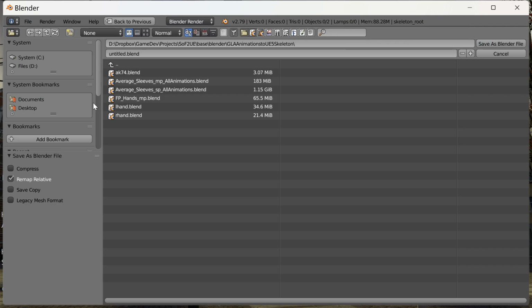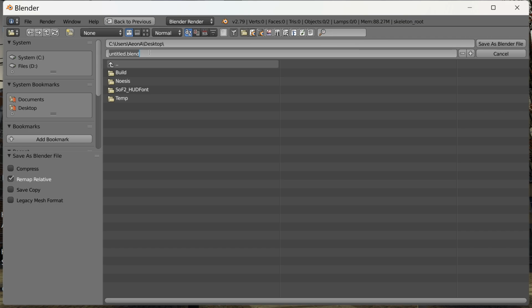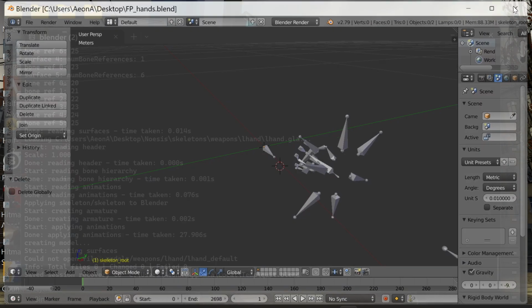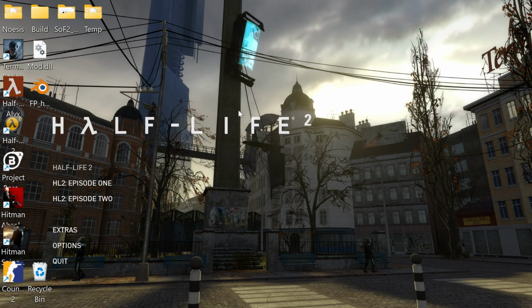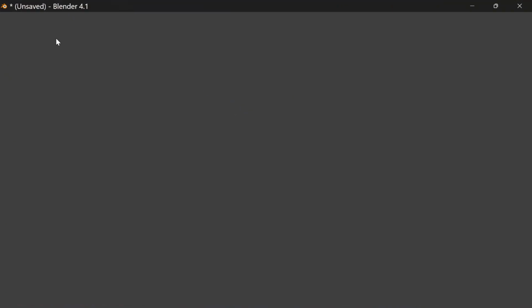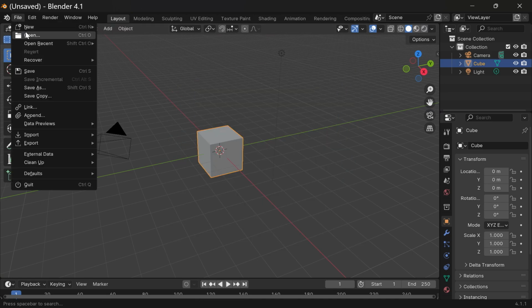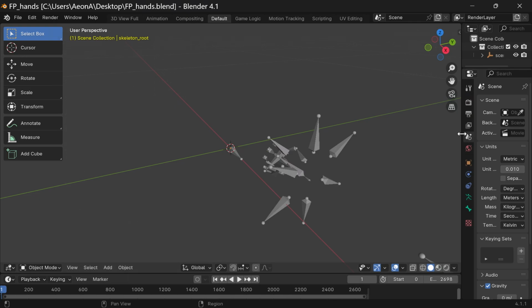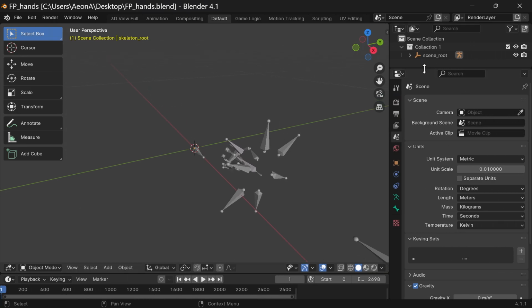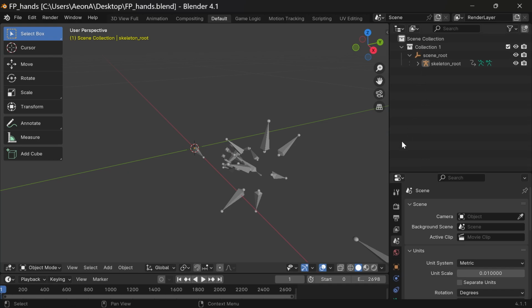So what I then do is save as. I'll just put this on my desktop, and I'll call it fp_hands.blend, and I'll save that, and then I close that version of Blender and open the latest version, because that's the one I like to work with, that's the one I know. And then I open the blend file on the desktop that I've just created. You do that for left hand, right hand, the AK-74 weapon,